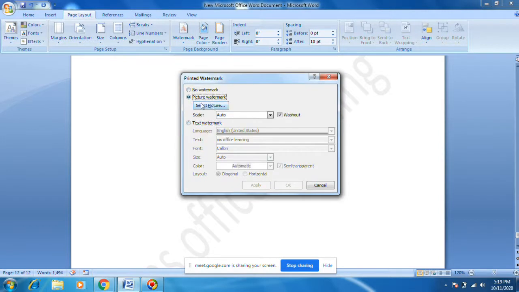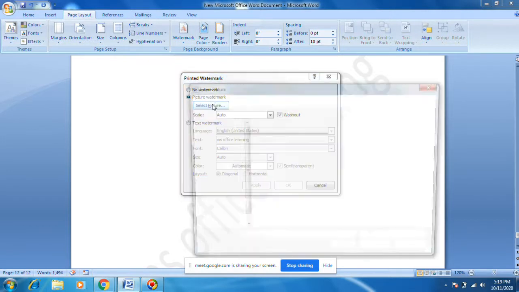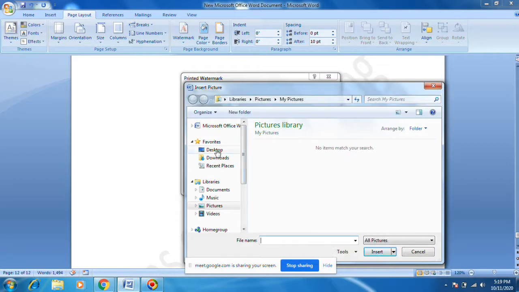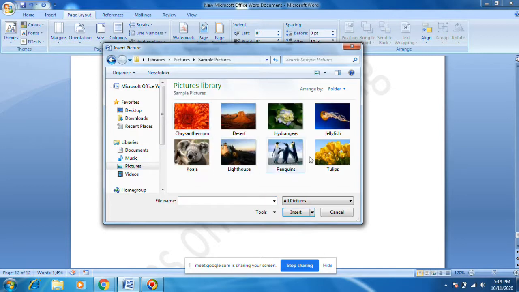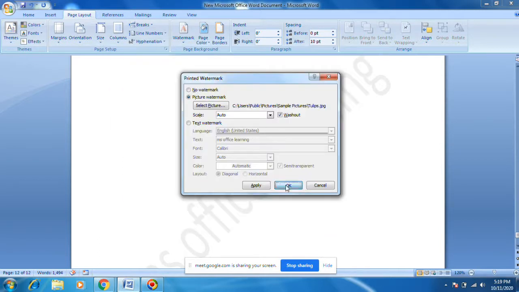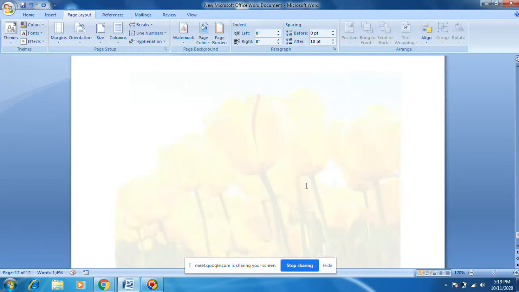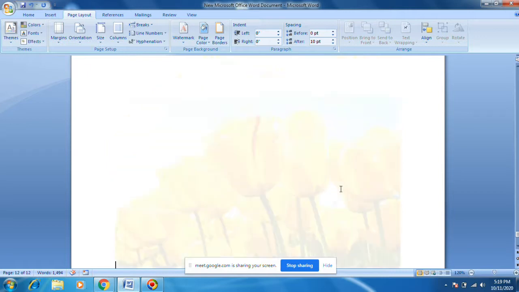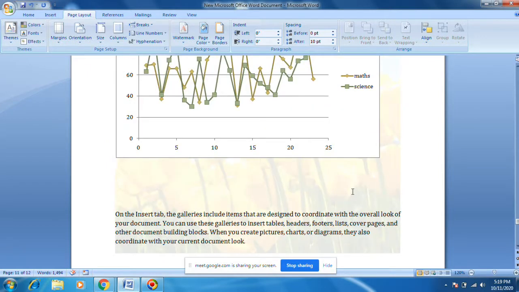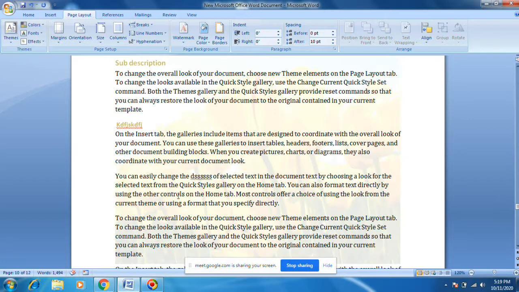Picture watermark, you can do a picture also. Select picture. You see the picture background came everywhere as a watermark.